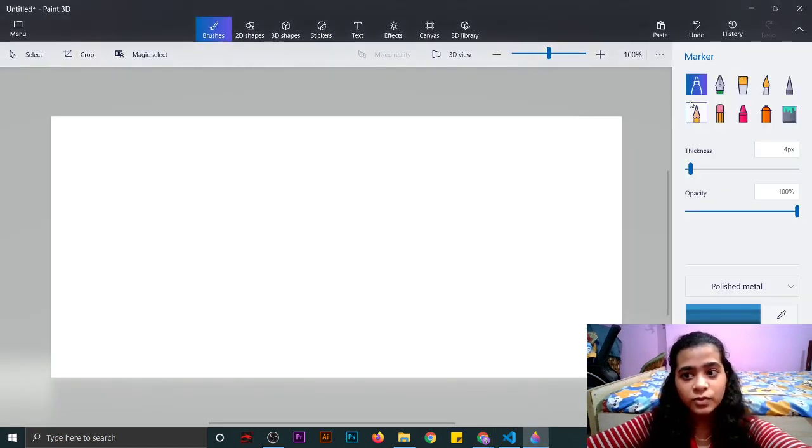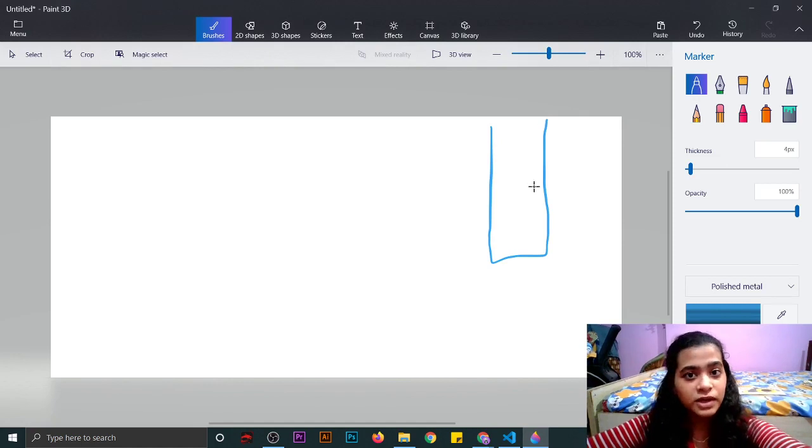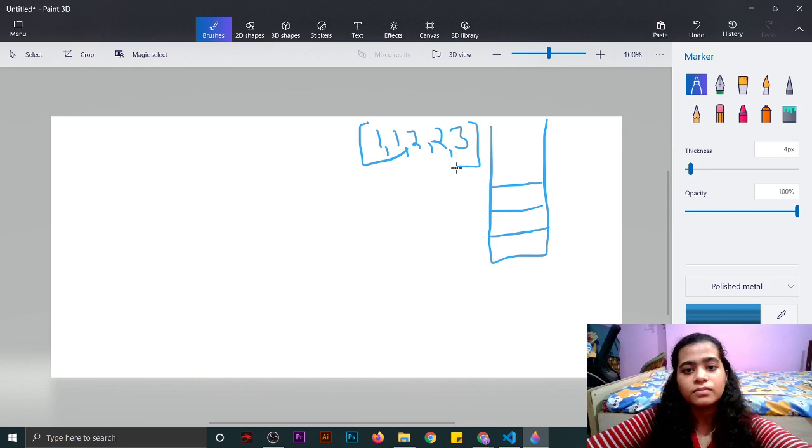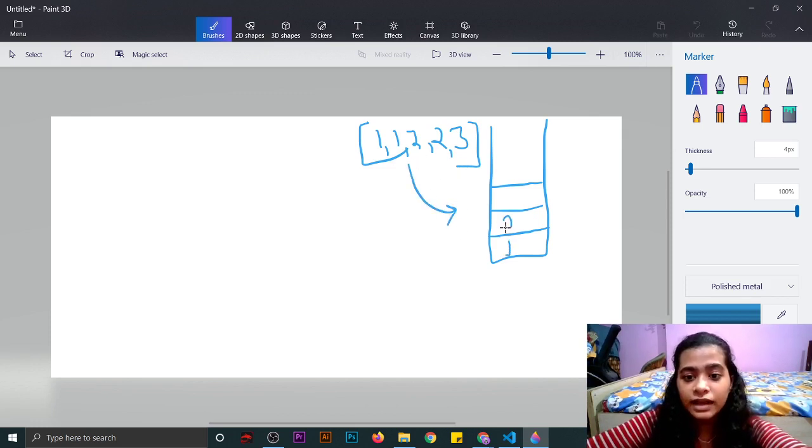First I'll explain the brute force. We will do this by using a hash set, because the property of a set is that it stores only unique elements. Suppose this is the array given. If we pass it into the set, it will store only unique elements, that is 1, 2 and 3.